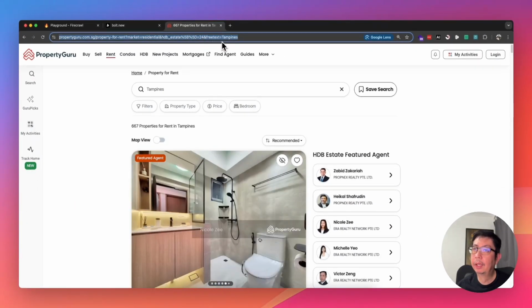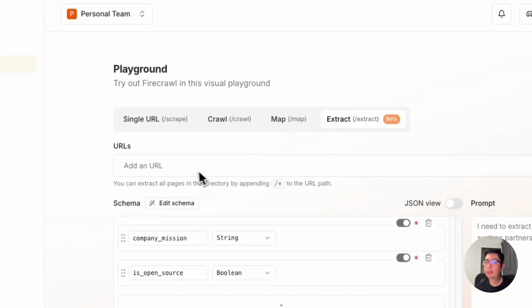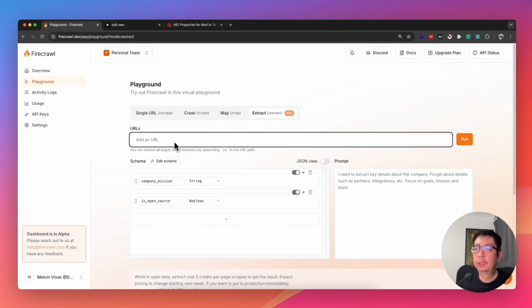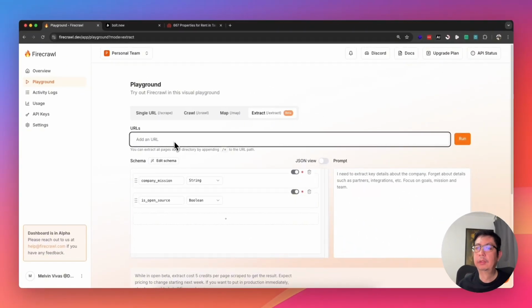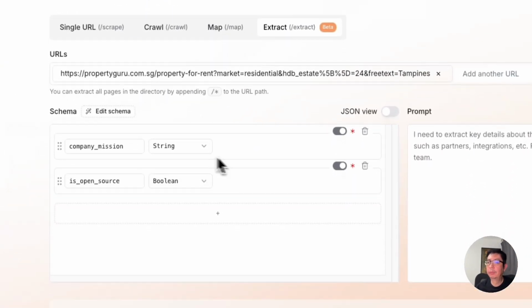So what we'll do is we'll take the URL of the website that we want to extract the data from. So we copy this URL and we actually put it here. So why do we need that? So we want to know when we call this URL, what data do we get from it, right? So let's add this URL. Before we click run, we need to configure what data we want to extract from that